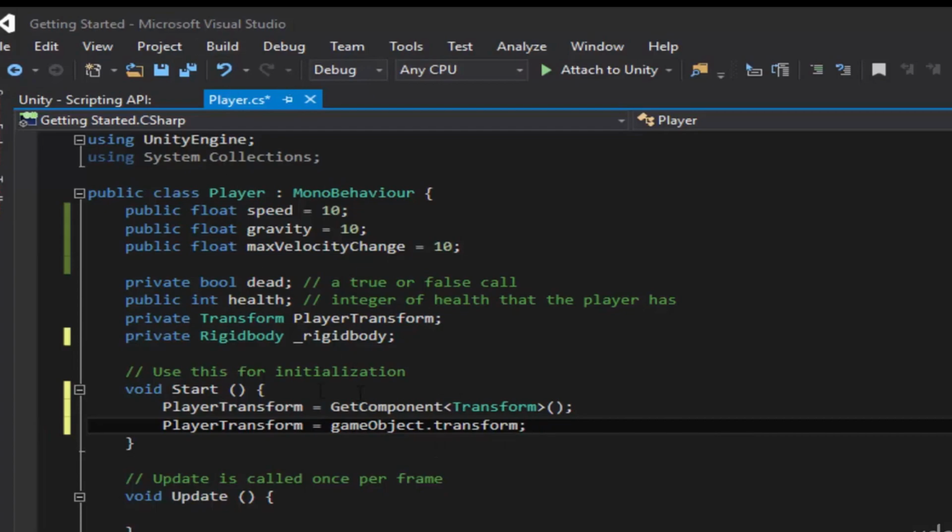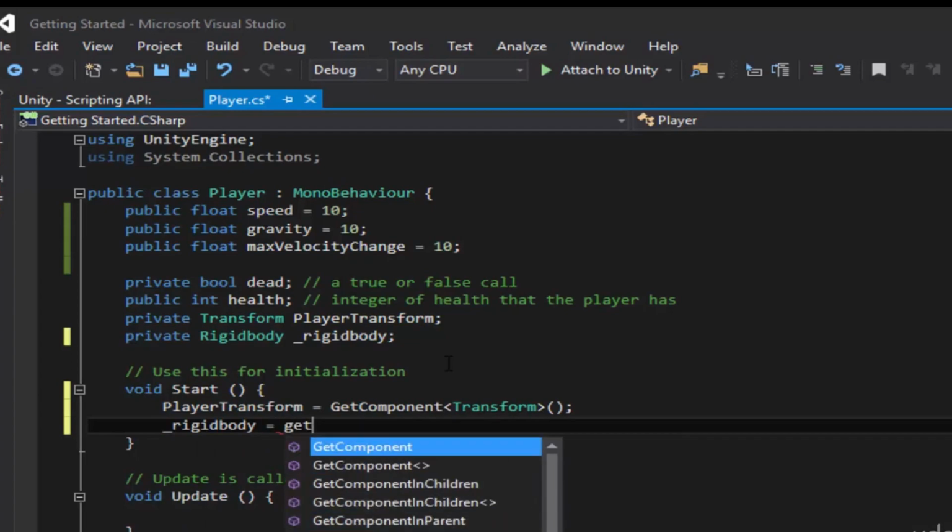However, we're going to do this method with the rigid body, and that's how you get components. That's what I want to teach you, and I think that would be the best way to not confuse you with any other methods of getting components except this one. So rigid body equals get component